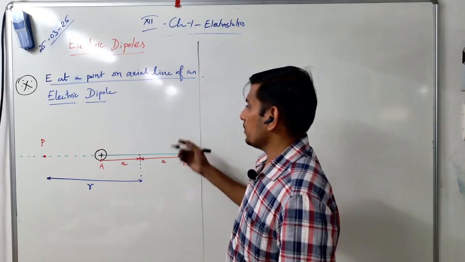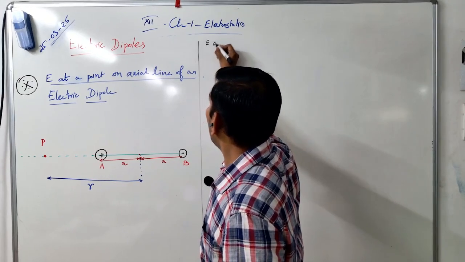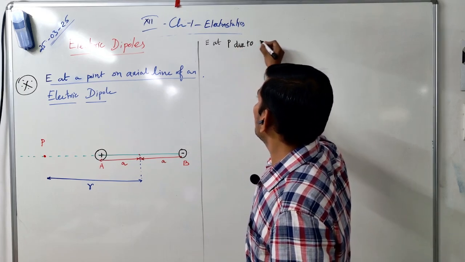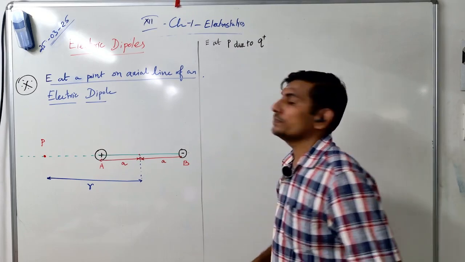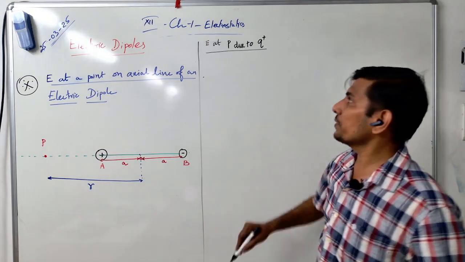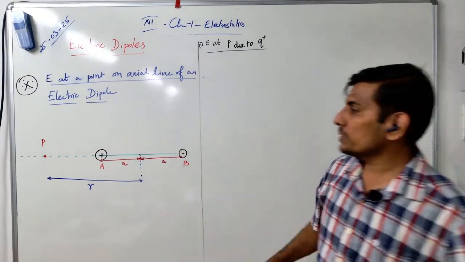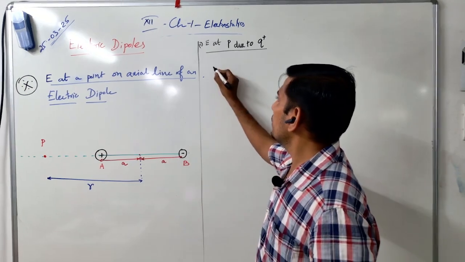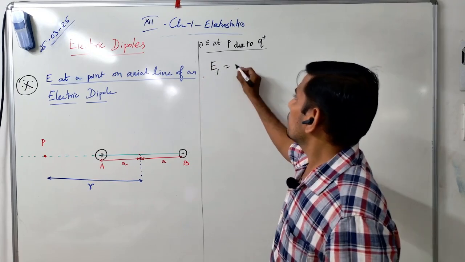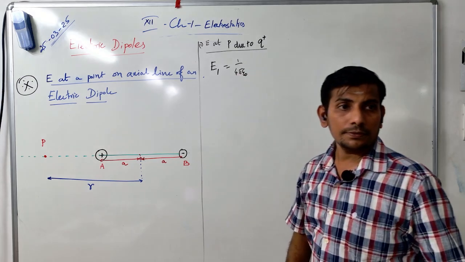Okay. So the first thing that I'm going to calculate is the electric field at point P due to the positive charge. This is the first thing I'm going to derive. Stage 1. What's the electric field at a point due to a point charge? Very easy, I can easily say. Electric field E1 is equal to 1 by 4 pi epsilon naught